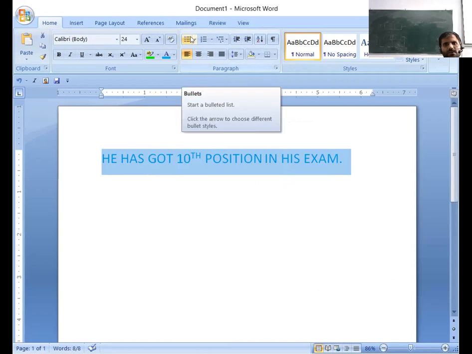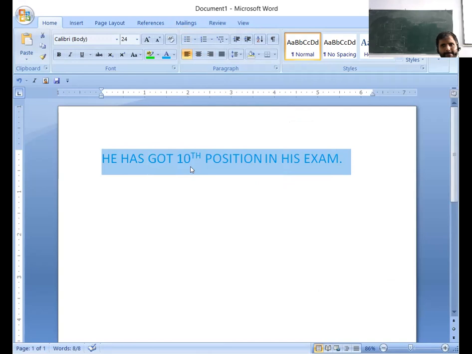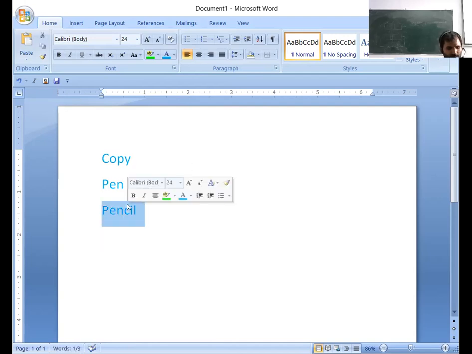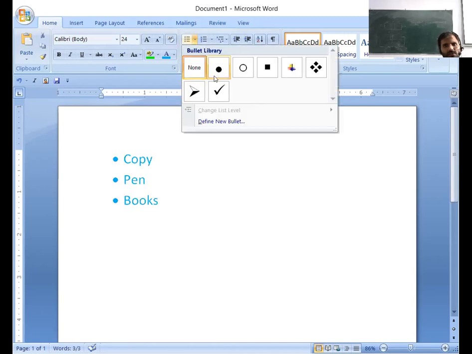So in the paragraph section, you can see there are some bullets. If I want to make some list, just like I have a copy, pen and pencil, and I want to apply some bullet list, then I have to go to the bullet library and choose from the different options.